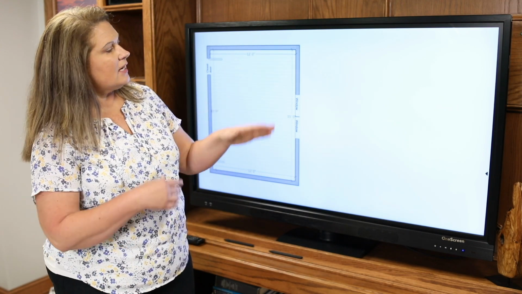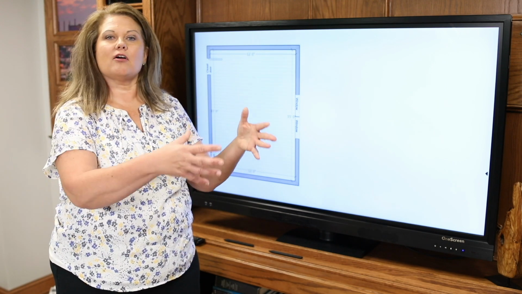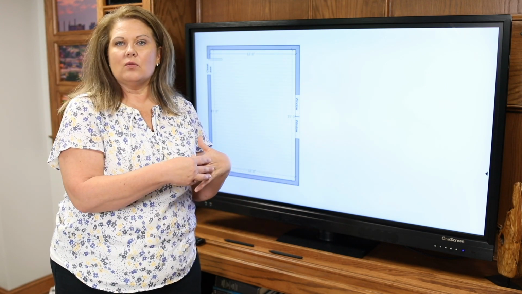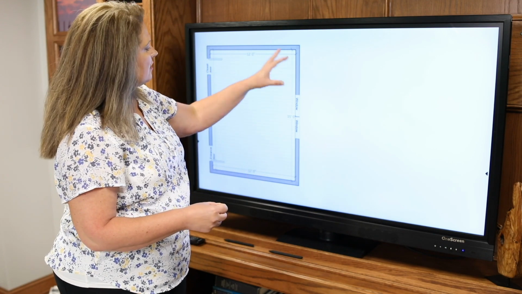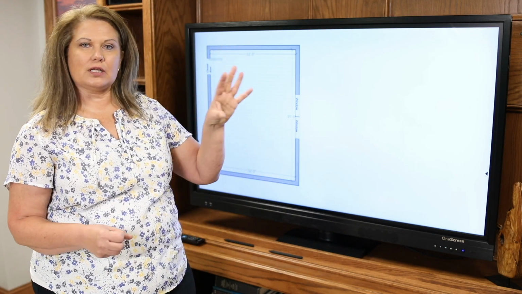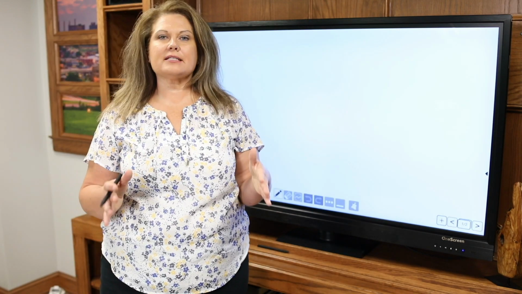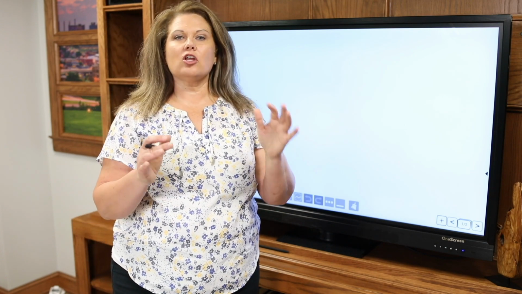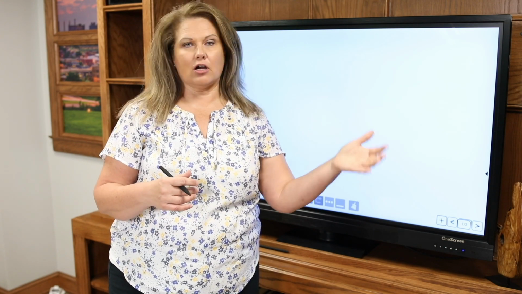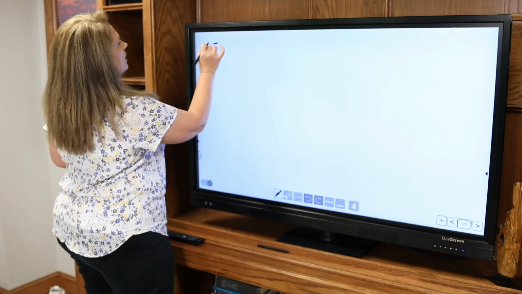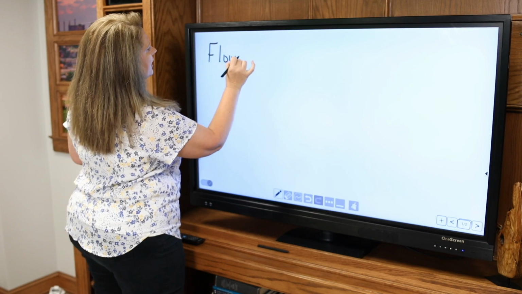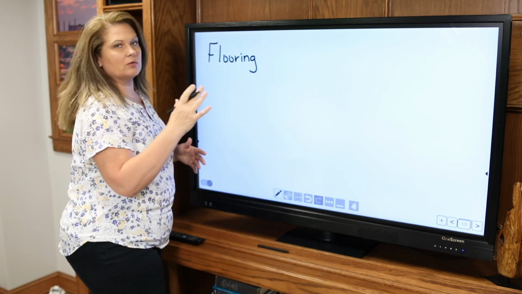Now, before we continue to figure out how much of our best buys we need, we need to figure out what our flooring dimensions actually are. We've determined the best buy for the hardwood floor and for the carpet tile. Now let's take a look at our best buys and determine how much of each we need. And maybe that will help us decide, do we want to use the hardwood floor or do we want to use the carpet tile? So if I'm remembering correctly, and I'll call the hardwood floor flooring,